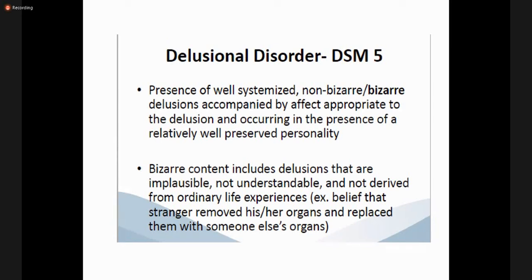And here, the interesting bit is that people who are diagnosed with delusional disorder, their personality is well preserved, and their day-to-day functioning is not markedly affected. However, for schizophrenia, part of the diagnostic criteria is that their day-to-day life is affected. So a person with delusional disorder otherwise carries on relatively well with real life. Their personality is fine, but they will have these delusions which are systemized. They can be bizarre, like we spoke about, the organs being removed, and they can be non-bizarre.